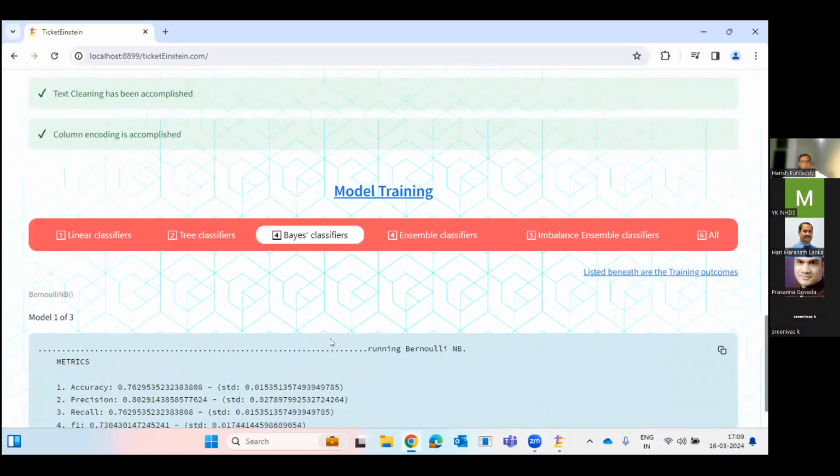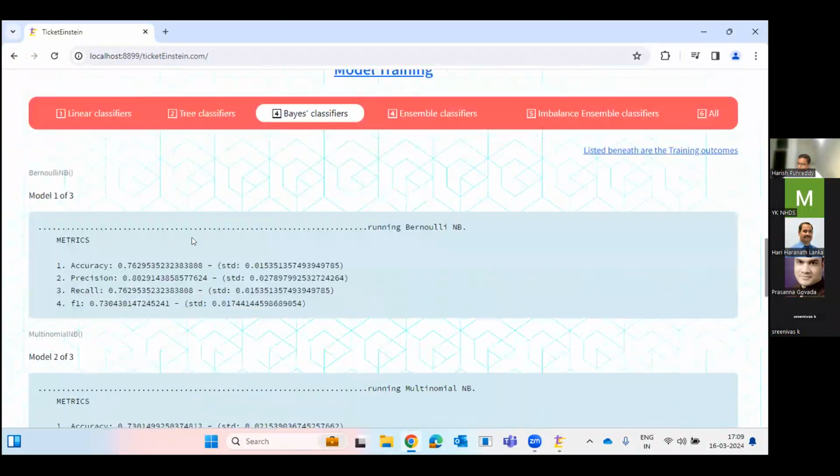Now, there's a very interesting thing you would see over here. By default, it uses a base classifier, which are inherent kind of algorithms used in the machine learning industry. You also have linear classifiers. You would have heard about logistic regressions and all that. There are tree classifiers, which are decision trees and all that, clusters and all.